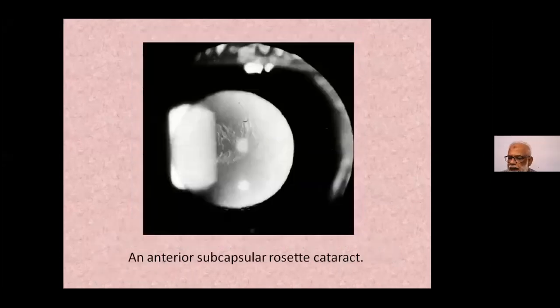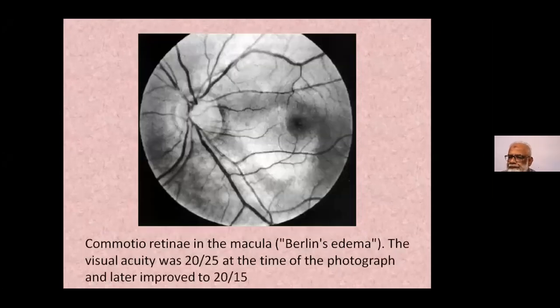This is an example of a classic anterior subcapsular cataract secondary to trauma. Okay. This is an example of